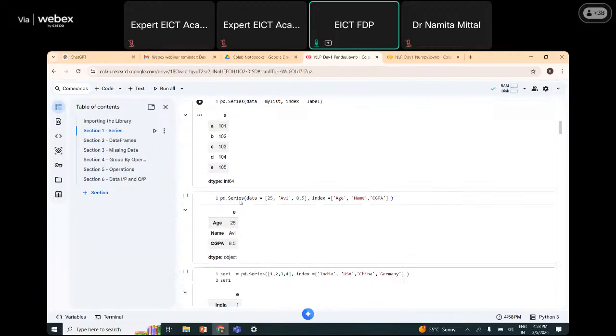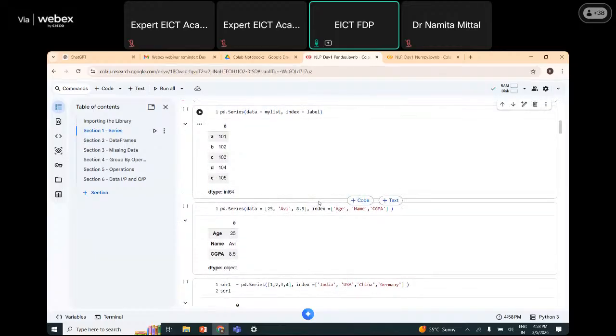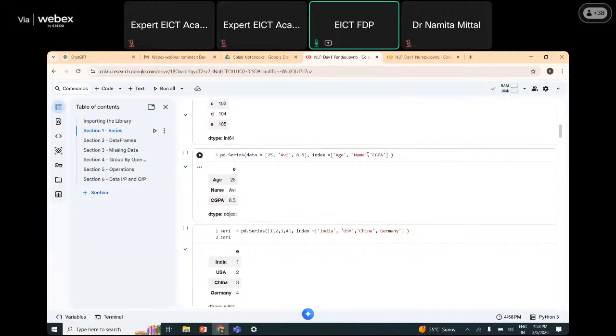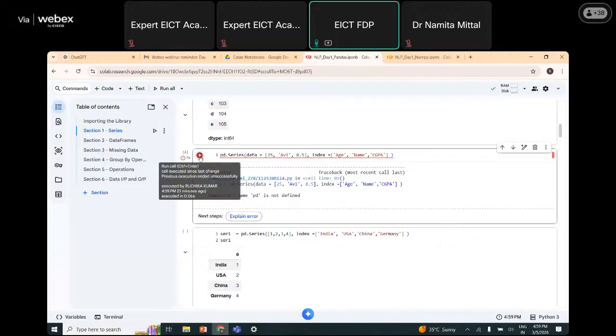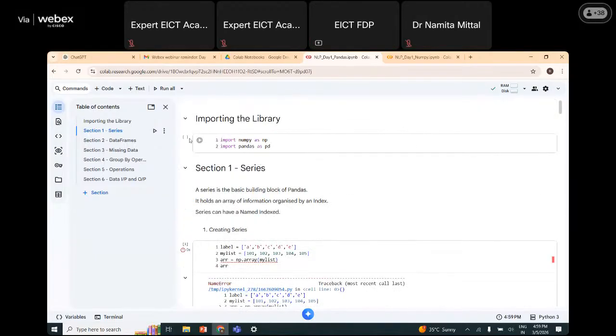And if we provide the data here as 25, VN, 8.5 and we give the index, which was default in the above cell, as age, name, and CGPA, we can see